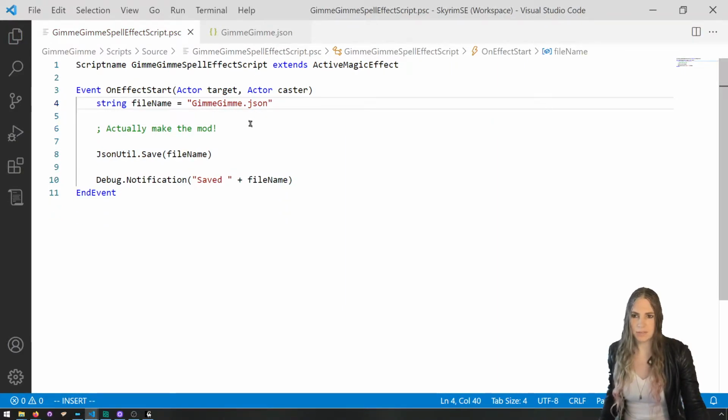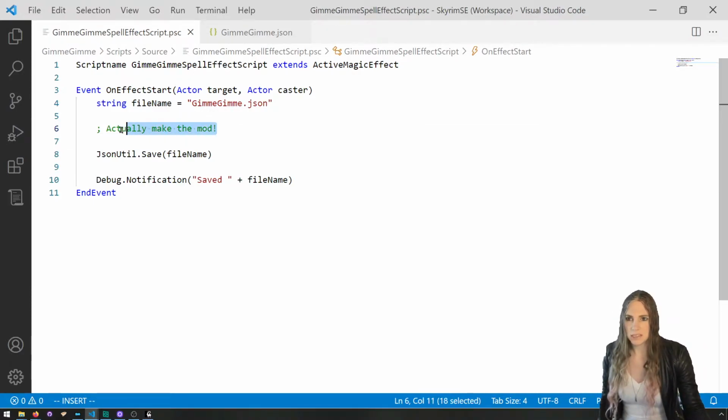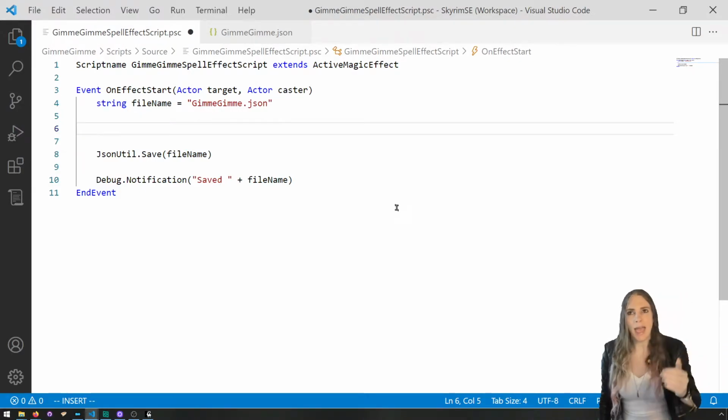And we can even delete the file if we want, but we'll keep it as is. What I want to do now, when we cast a spell, is add all of the equipment we have and all the spells we have to lists so that they're in that file, so that we can use it to configure